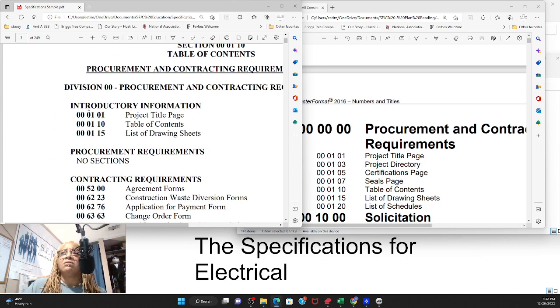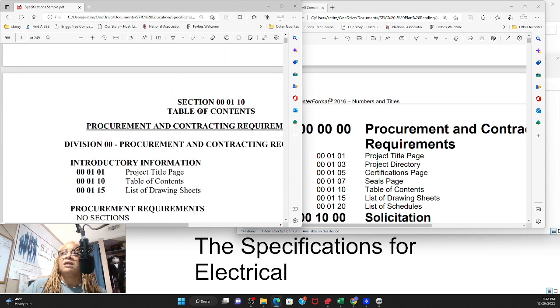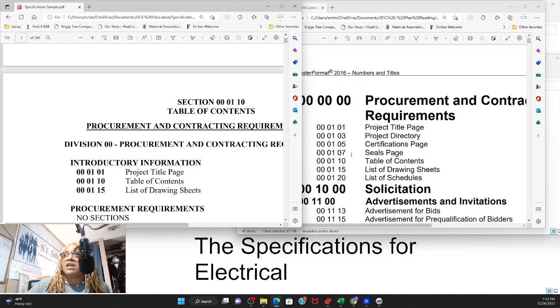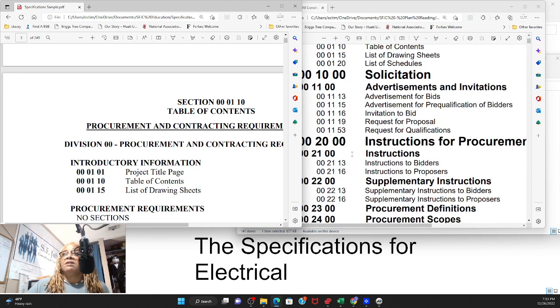So let's just go down to the specs, and this is section 0001110, procurement and contracting requirements. And if we look on the right side, we have the same thing for the master format. The master format is the list of all of the specifications, regardless of if they apply to the project or not. And if we look at our actual set over here on the left for our